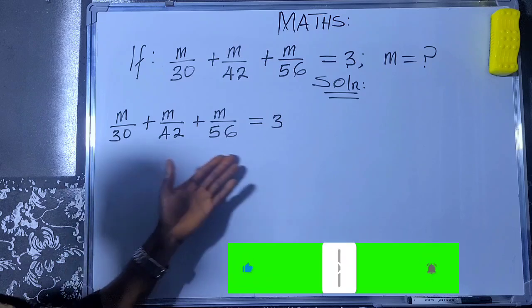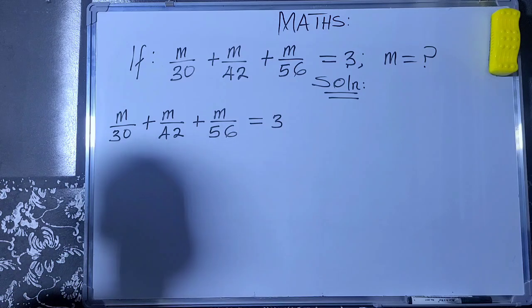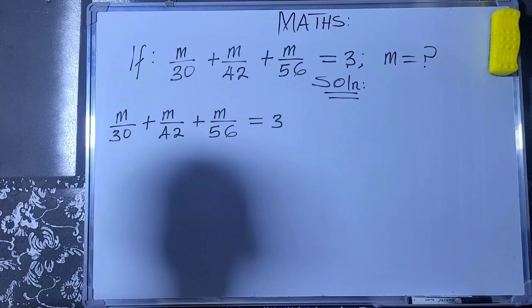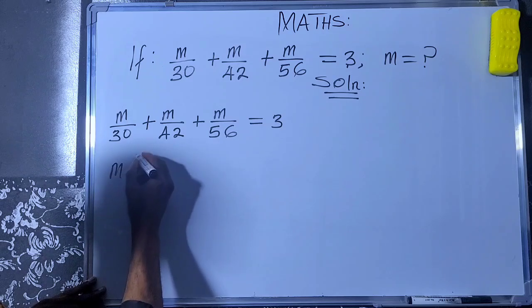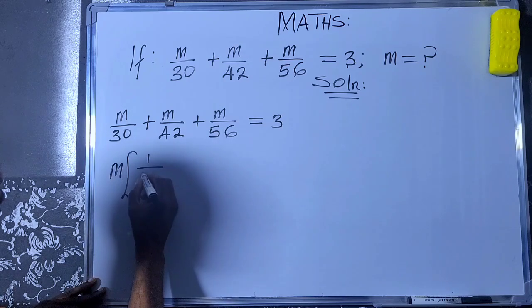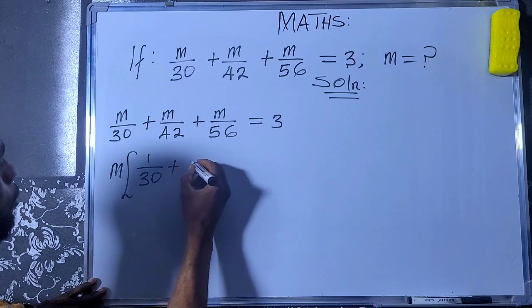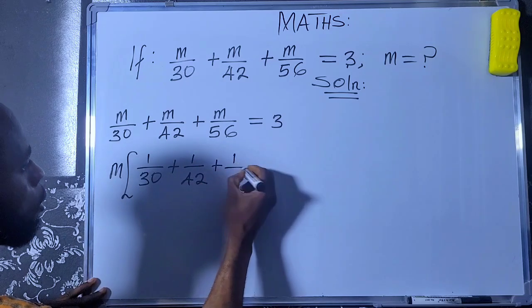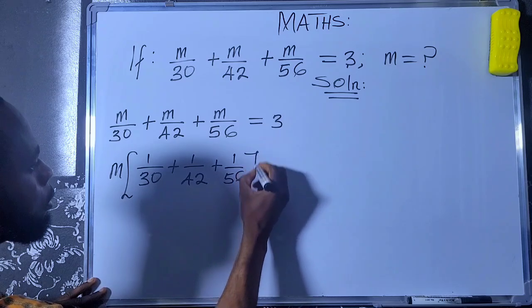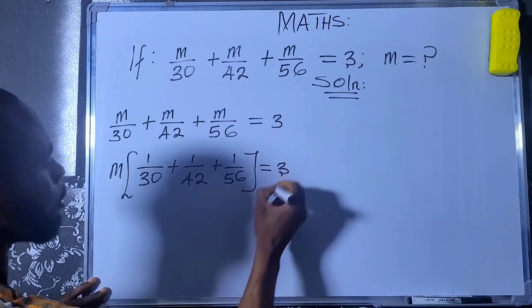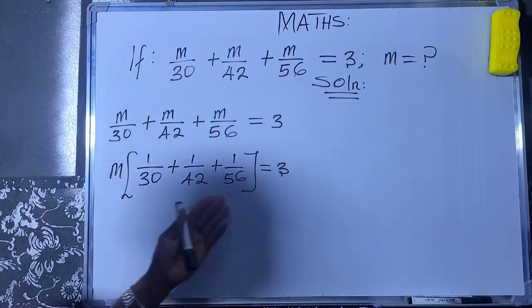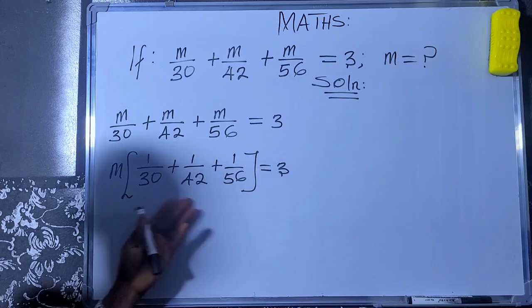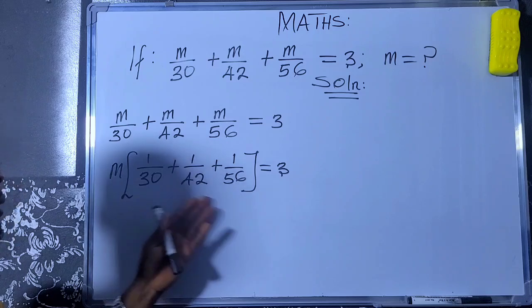Here, if you look at this question carefully, you observe that m is common in the numerator. Then as such, you are going to factor it out. And we have m into 1 divided by 30 plus 1 divided by 42 plus 1 divided by 56 equals 3. Then here, if you want to find the LCM in the denominator,